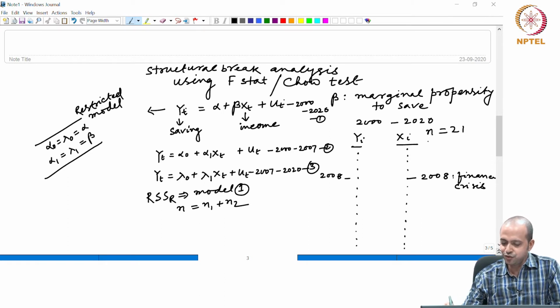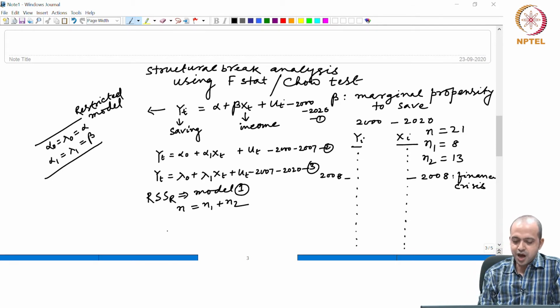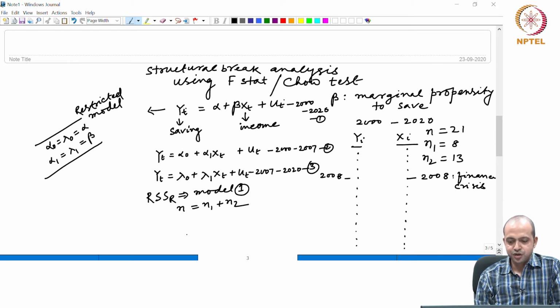And what is n1? n1 is basically 2000 to 2007, so 8, and n2 is 2008 to 2020, which is basically 13. Okay, 13. So that means RSS are the restricted version. What would be the degrees of freedom for this? This would become